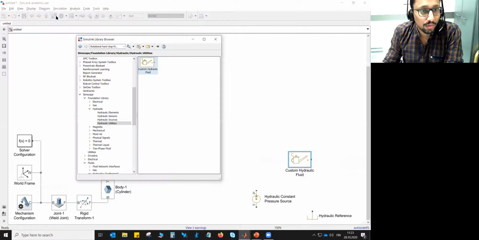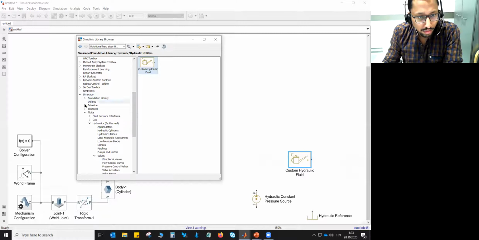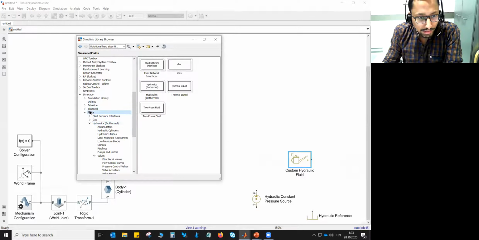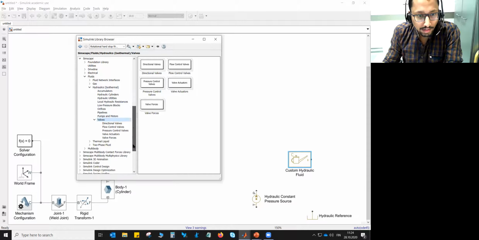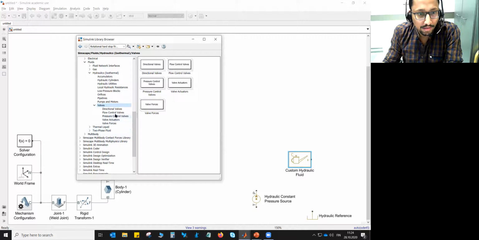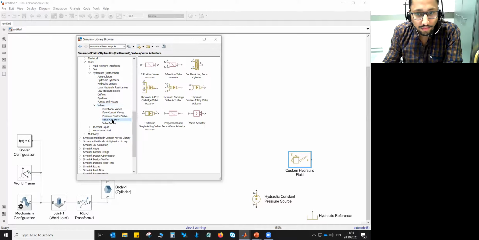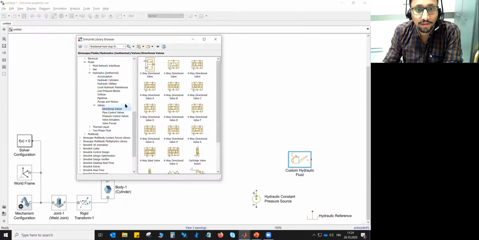So if you go to library again, this time you need to go to Simscape, then to fluids, then under hydraulic isothermal, inside that there's a valve, and inside the valve there is this valve, not this directional control valve, directional valves.